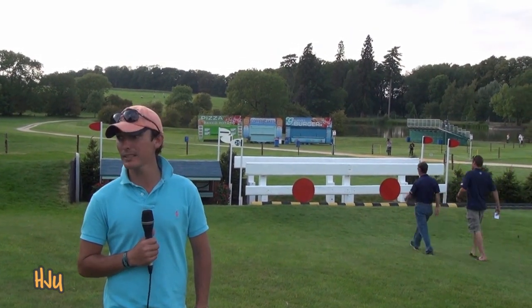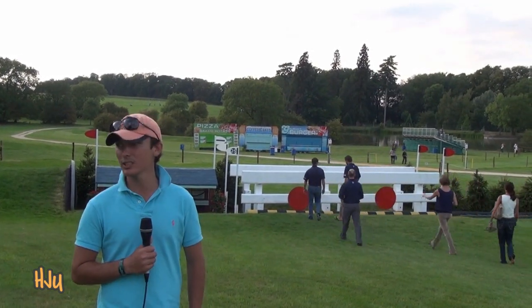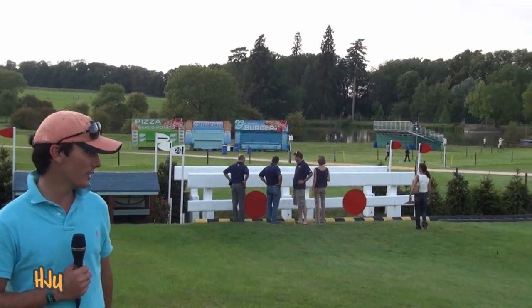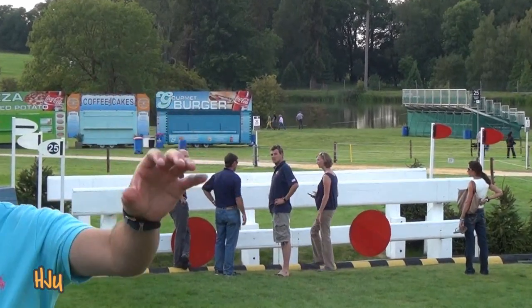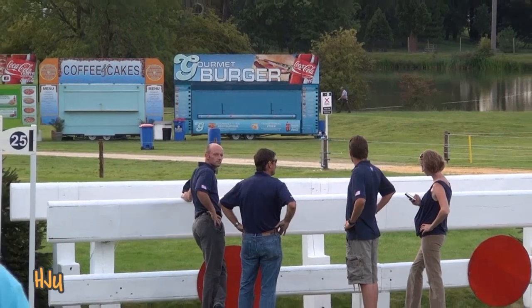Very big white timber. It's a very obvious fence, but gee, it's wide and gee, it's tall. So a lot of respect. Also, off quite a steep hill here, so really getting your horse back, but heaps of power, because you've got to get them jumping up and out. So a nice ride here, and really thinking in your hand, heaps of power, get them really confident,